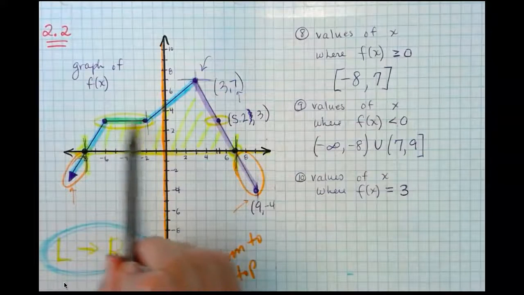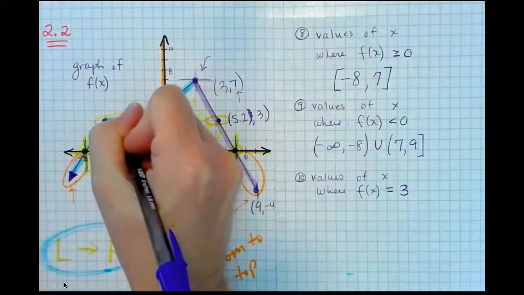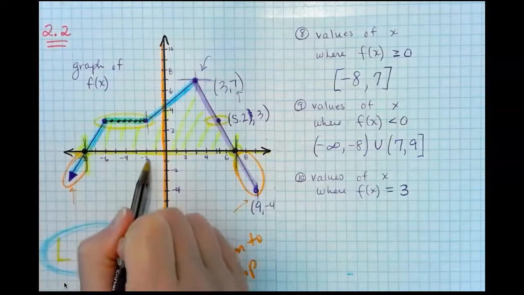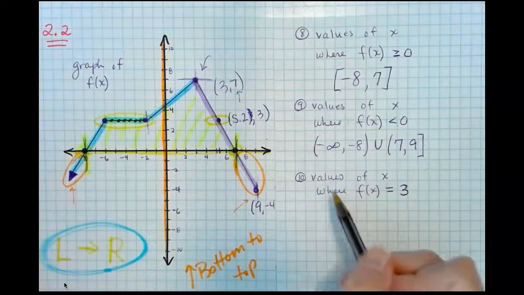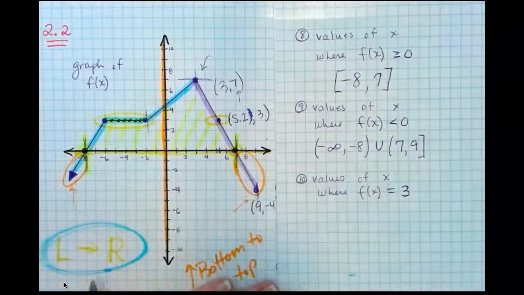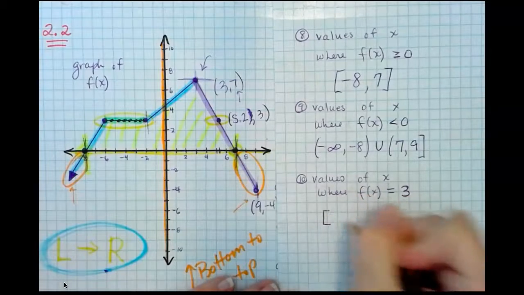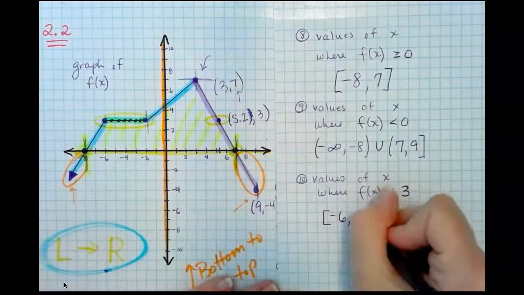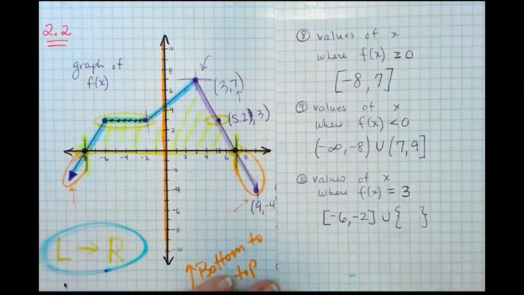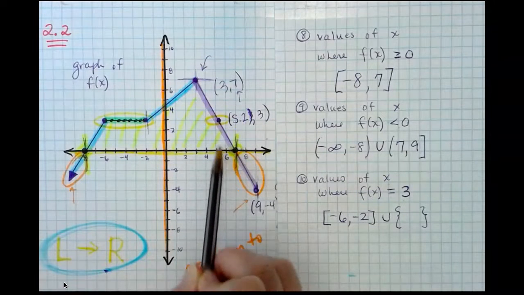But what I really want to talk about is this. So this is going to be an interval because there are infinitely many values that exist in between -6 and -2. So we don't want to lose any of them. So if we're asking for the values of x where f of x is equal to 3, it's going to be this interval, and remember the interval is always talking left to right in terms of the domain values. So this is going to be inclusive -6 to -2, and then union, and then we're going to introduce a roster notation because this is not going to be an interval. This is a single value, which we said is x equals